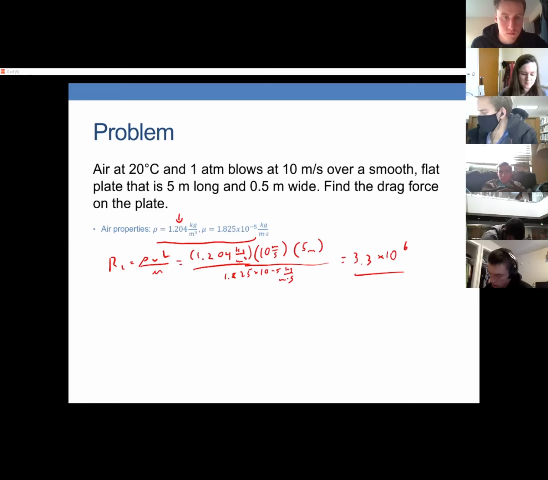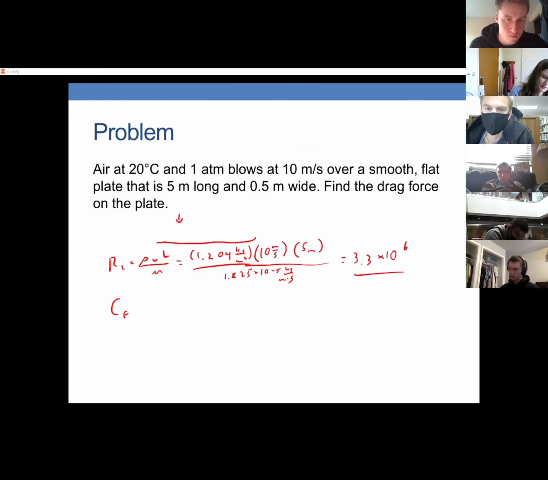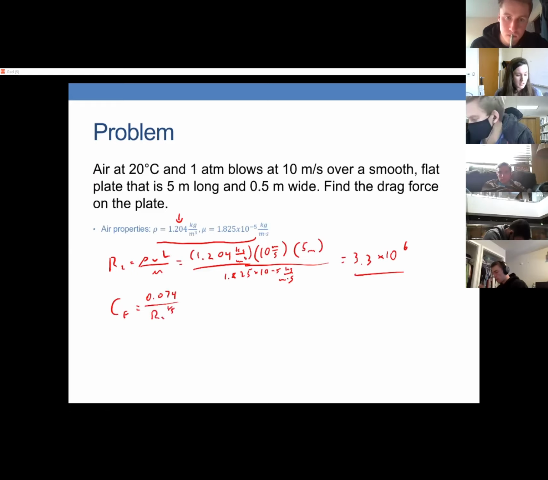Okay, so did that. And so then the friction coefficient is equal to 0.074 over Reynolds number to the 1/5, which comes out to,